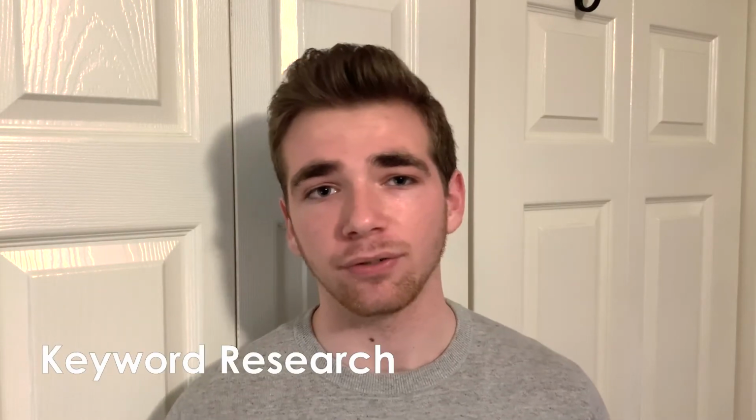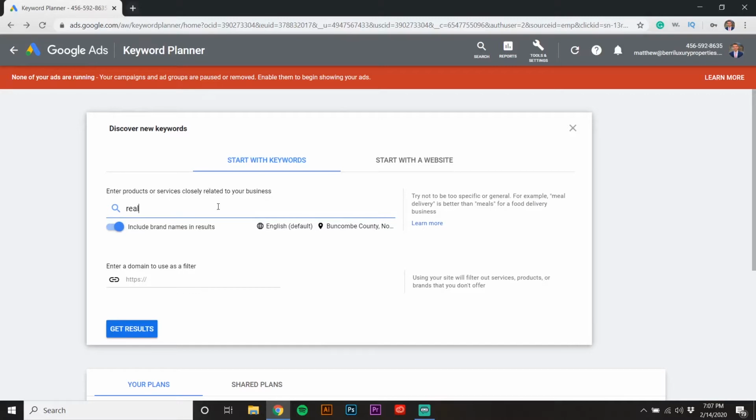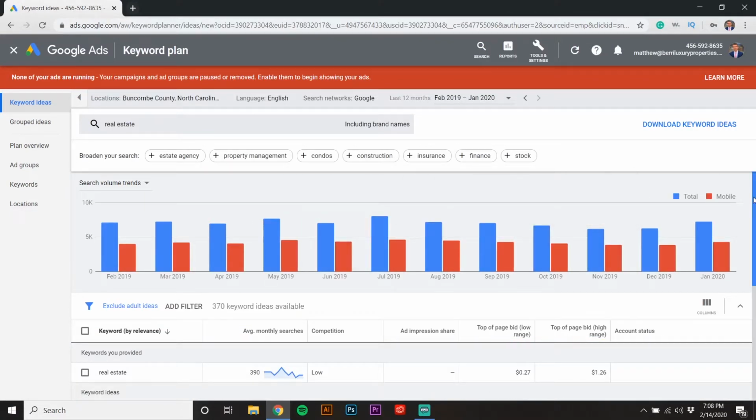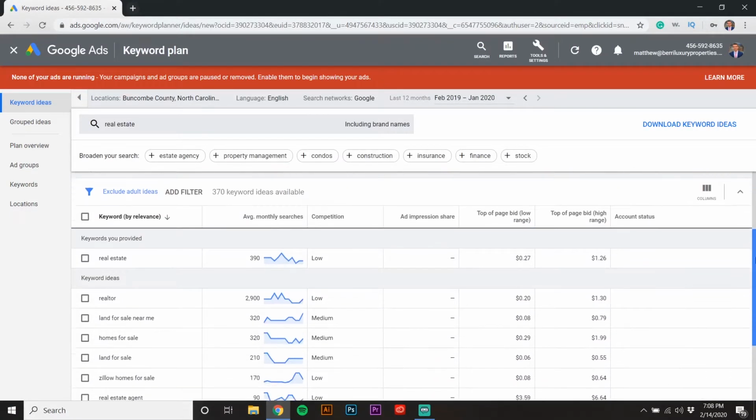Keyword research is the first step towards that. When you go on tools like SEMrush or Ubersuggest, type in real estate just to get a general idea of the volume of people that search for that topic. Then filter it by location to see how many in your area are doing it, and then get some different ideas. So you can type in luxury real estate to see how popular luxury sales are, or type in really long keyword phrases like real estate in Asheville, North Carolina, which is something I would put into my keyword research.